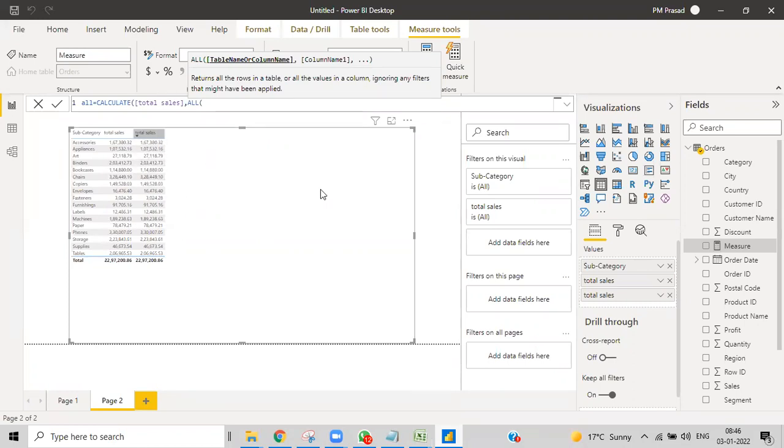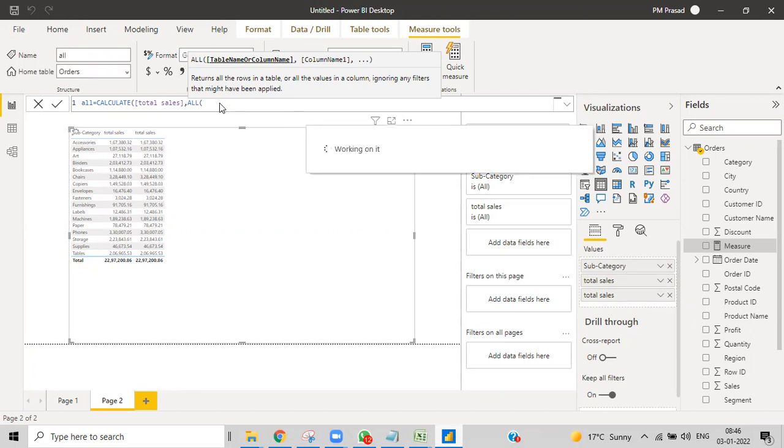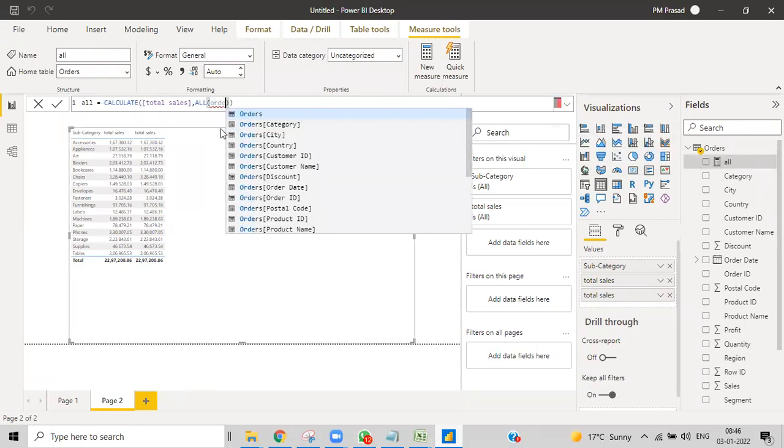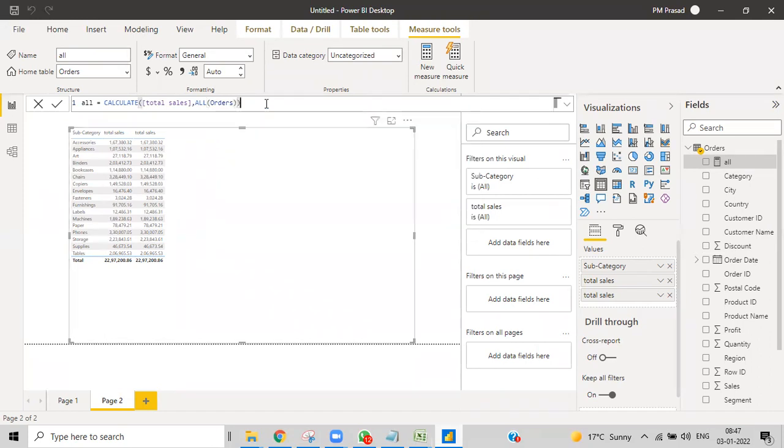I don't want to have this particular one two times, so just remove this. In the middle here, I want to give my table directly. So all the filters that are applied on that particular table will be removed. That is exactly what I want to do. Then see what I get.